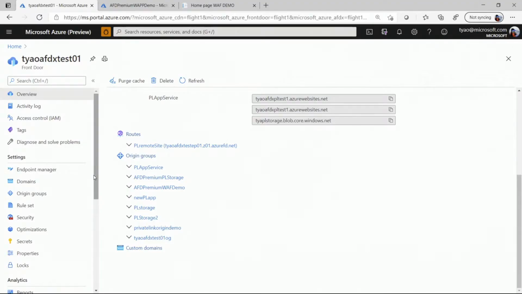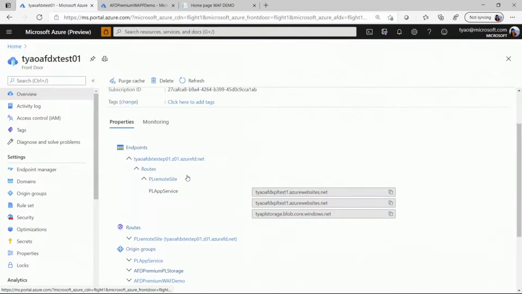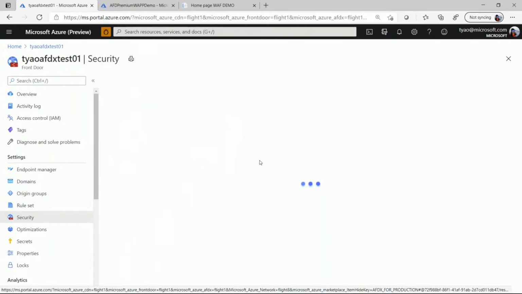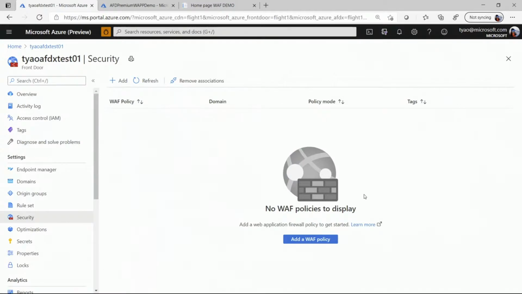Okay, so this is an Azure Front Door Premium configuration I have set up here, and I have a domain set up here. And then if you go to the security tab here, as you can see, I don't have any WAF policies associated.